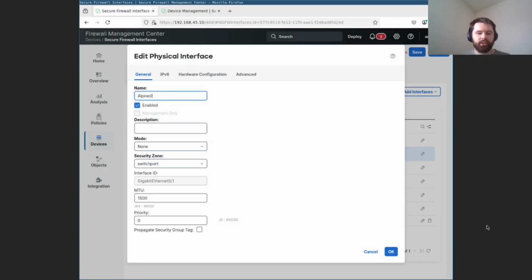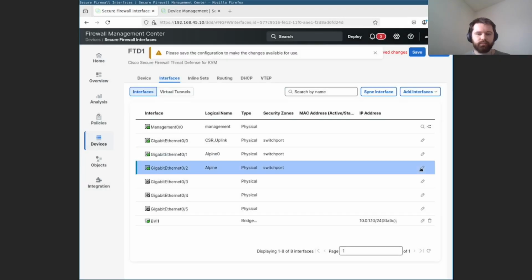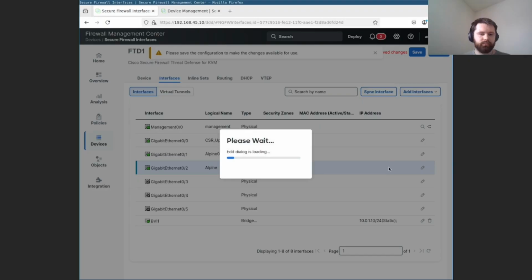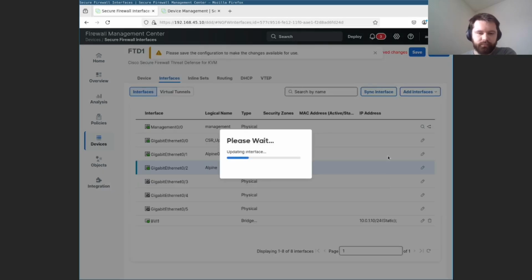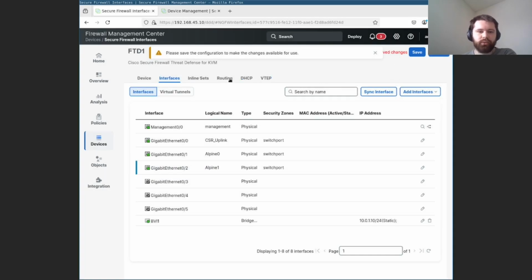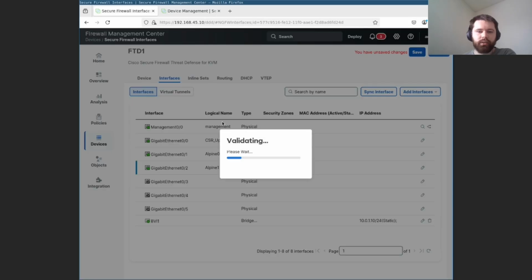So this should be Alpine 0. And this should be Alpine 1. Now if we go to save,